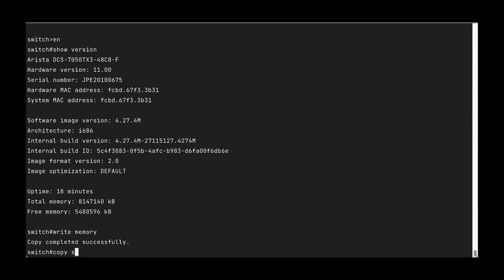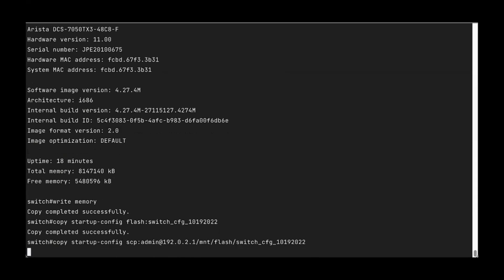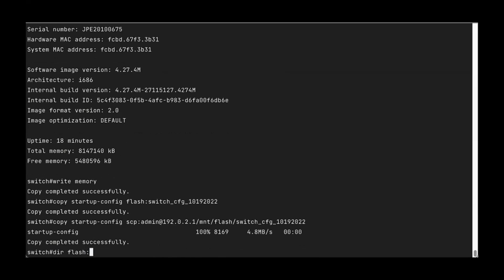The first thing I do is write memory. I want to copy my running config to the startup. And like I talked about, I also want to copy this onto Flash somewhere. This is the naming scheme I like to use for those files. I'll do the host name. In this case, a little bit confusing because my host name is switch. I'll say it's config, and then I'll put the date, just so if I do copy it or touch it and the timestamps on the file itself change, the file name tells me when it was created. And then I'm going to copy this to another location. Generally, you want a file repository for all this. And you'll see I'm doing copy to SCP from the CLI.